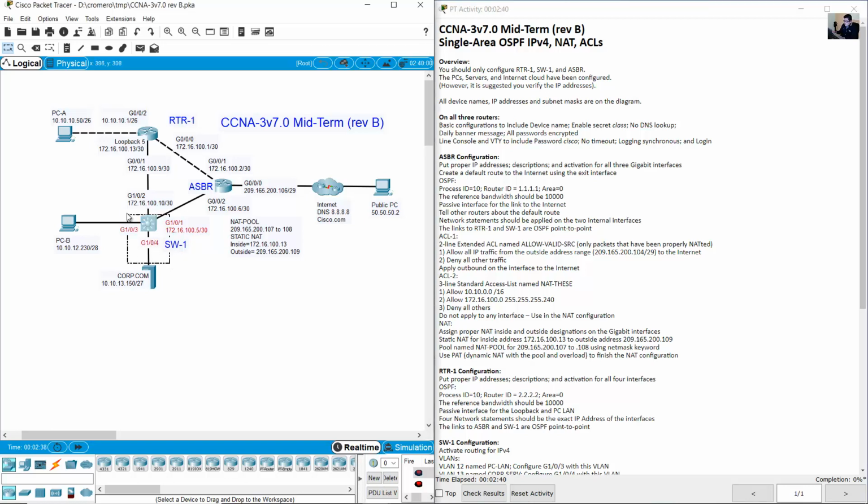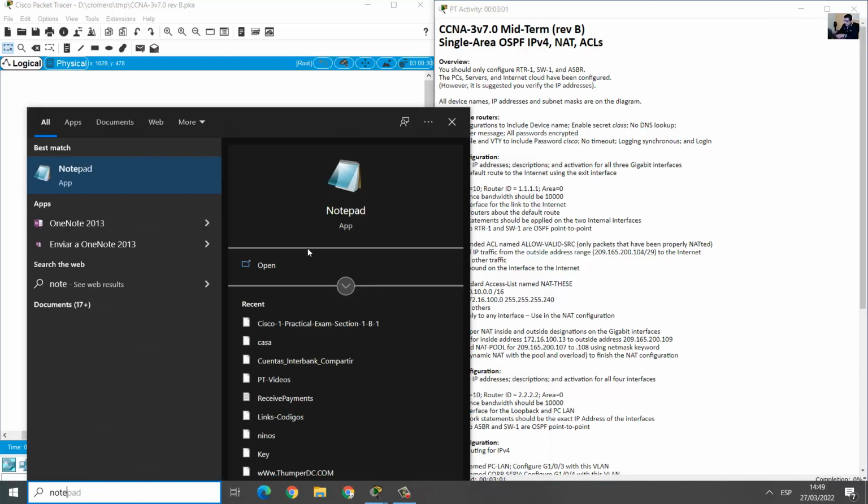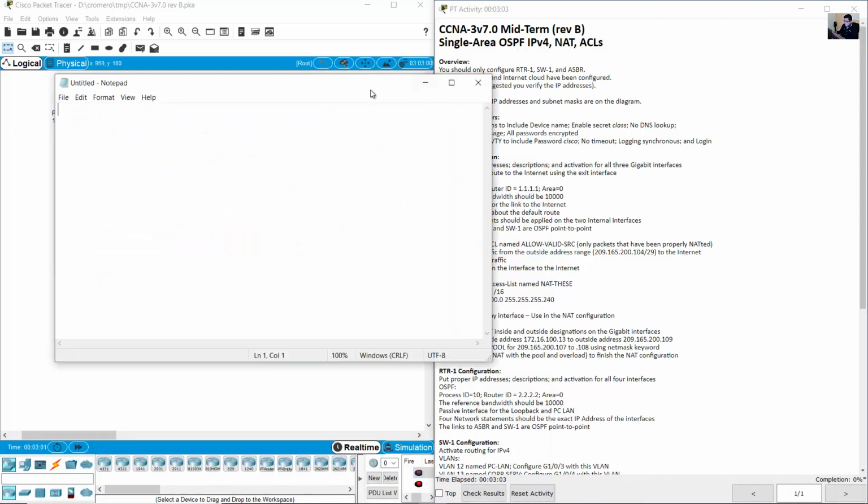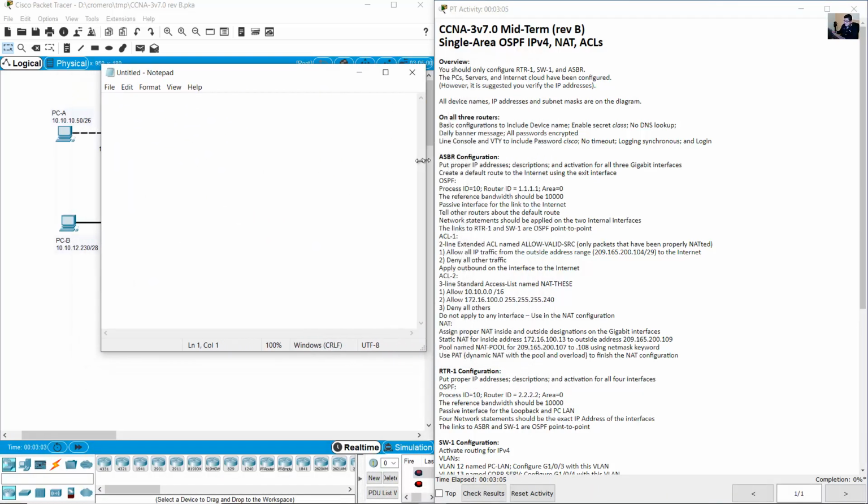The switch is considered a router because it's a layer 3 switch. That's why the instruction says on all three routers and include the device name. Okay, open a notepad. The device name is the hostname,